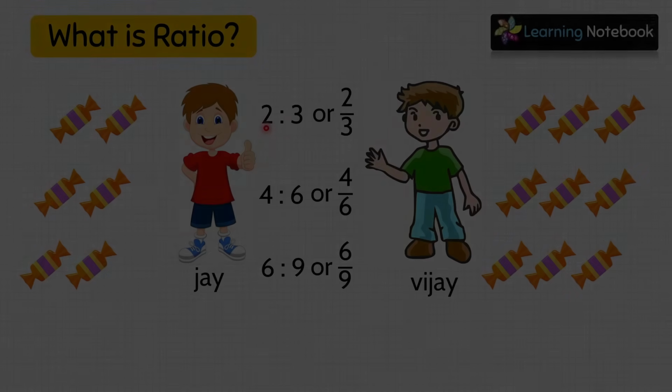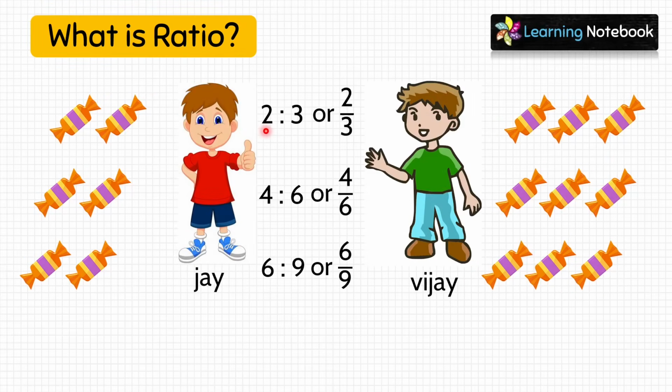Some of the students have the confusion that the ratio 2:3 means that Jay will always have 2 chocolates and Vijay will always have 3 chocolates. But this is not the case. We have seen that if Jay has 4 chocolates, then Vijay will have 6 chocolates because the ratio of their chocolates is